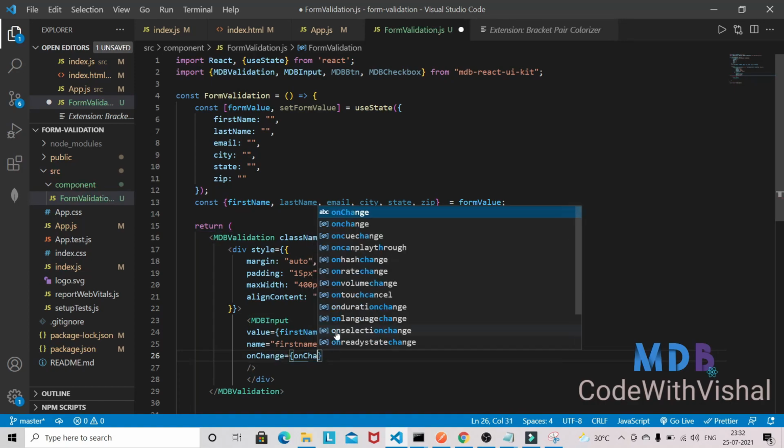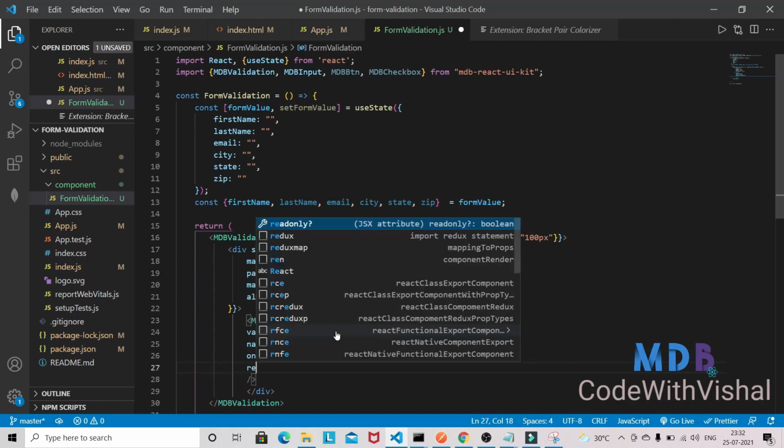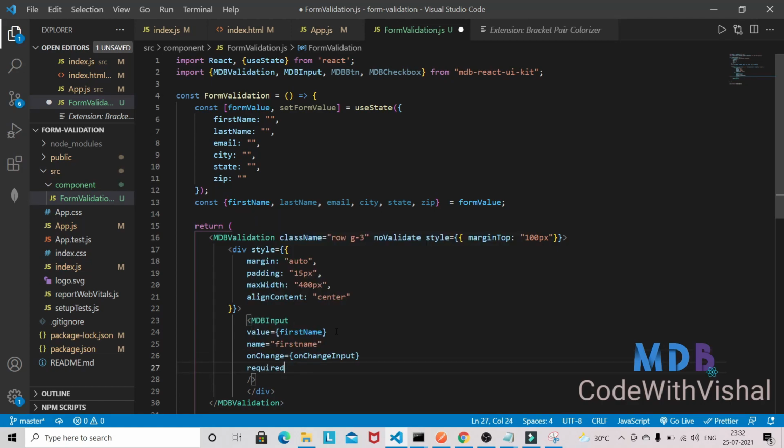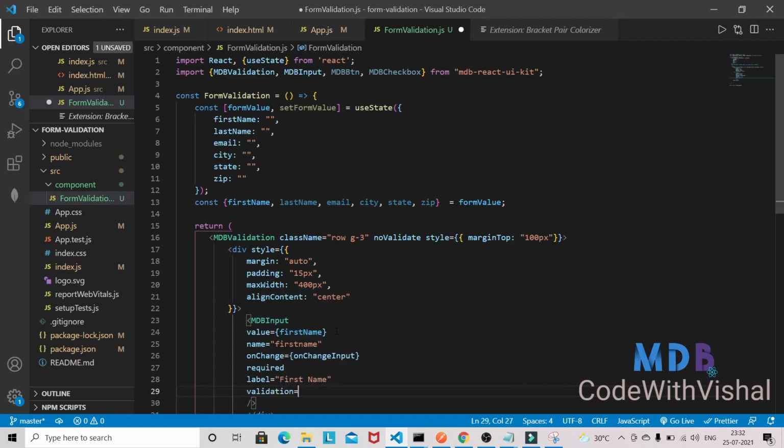So we'll define this one later, on change input, and I'm going to provide required, and I'm going to give label. So the label will be first name, and we'll have the validator. So we'll have the validation like please provide a first name. Okay,